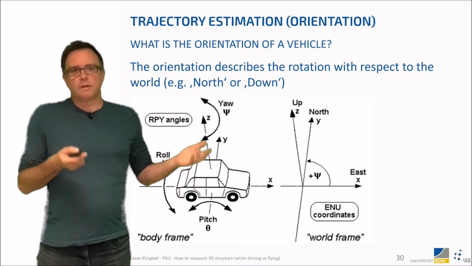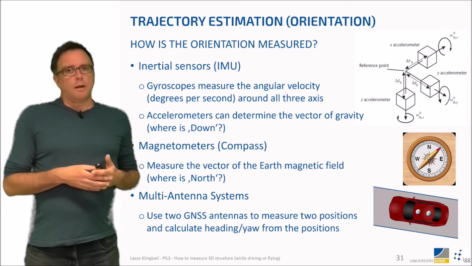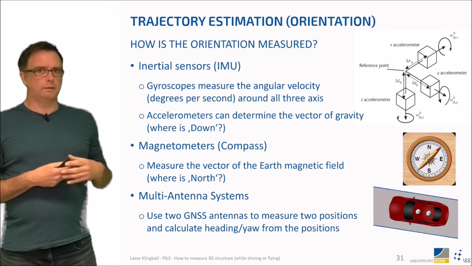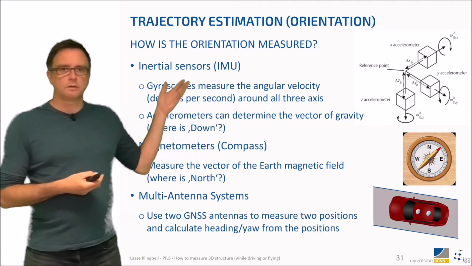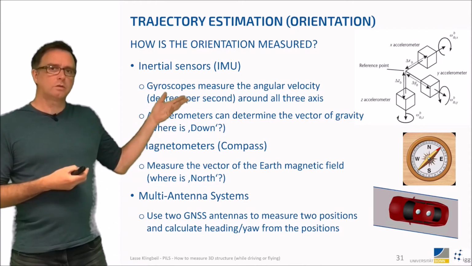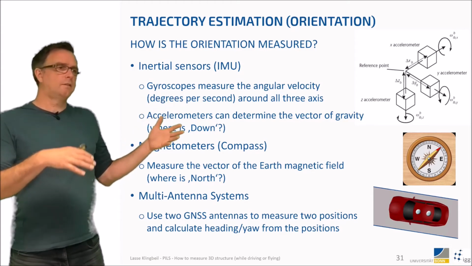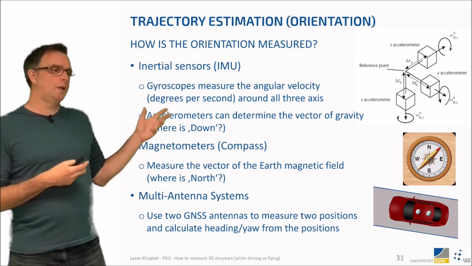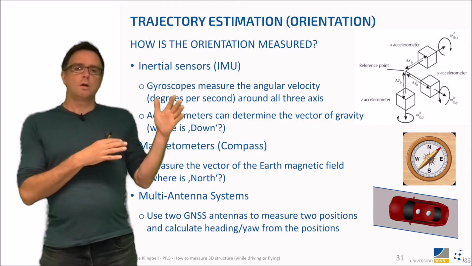How do I measure angles? There are different options, and I want to go through them quite quickly. One very crucial sensor type are the so-called inertial sensors. The inertial sensors measure relative information. For example, a gyroscope is an inertial sensor, and it measures the angular velocity. It tells me how fast I rotate. It does not give me an absolute angle like you are 3 degrees from north. It just gives me